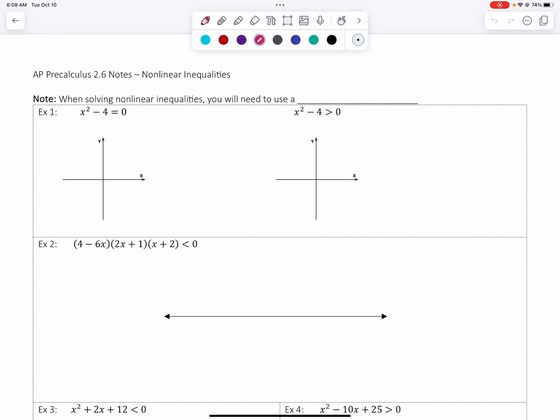Okay, so solving nonlinear inequalities. Now, like we said up here at the very top, when solving nonlinear inequalities, so these nonlinear ones, you need to use a sign line. All right, and that's because when we're solving something that's a quadratic here, x squared minus 4, we know that we have a parabola, and we are going to have these roots here at 2, 0, and negative 2,